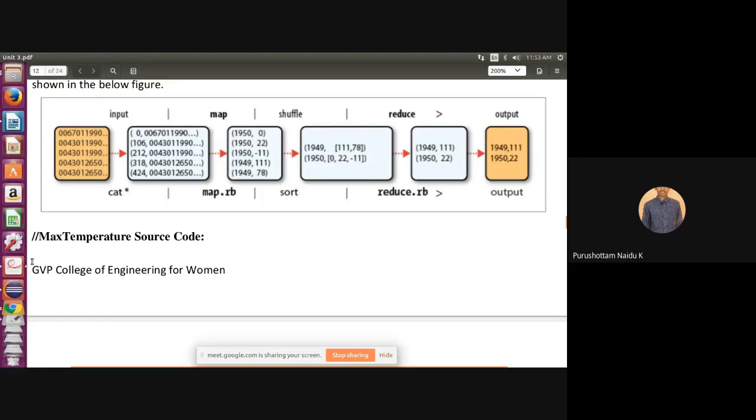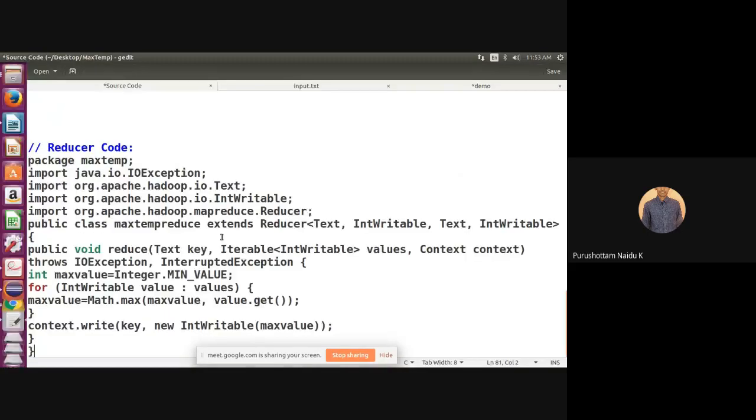Okay. As for how to run this program, as I already explained in the word count program, we create the mapper file, reducer file, and driver file, and update the mapper, reducer and driver files. Then we create a jar file, then create a directory in HDFS, then copy the input file into HDFS, then run the jar file.